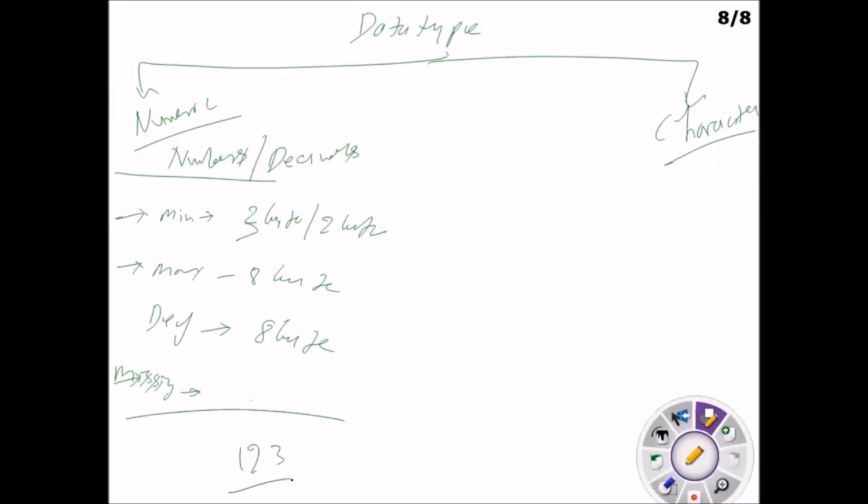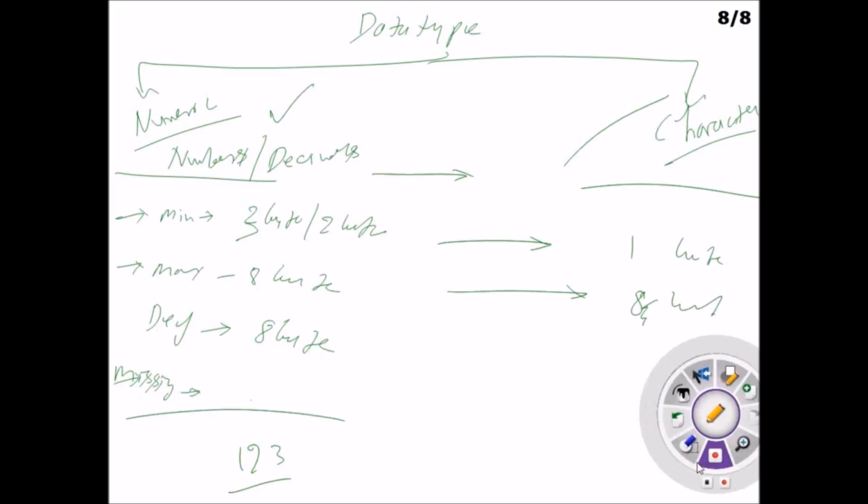Now let's talk about character. Anything which is a number or a non-number thing can be saved under the character data type, whether it's a number or a special character or anything. But in numeric, you can only save numbers, nothing else. Okay. So anything can be saved under character. Minimum length for a character is 1 byte. Maximum is 8 bytes. Oh, sorry. Maximum is